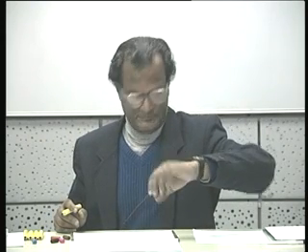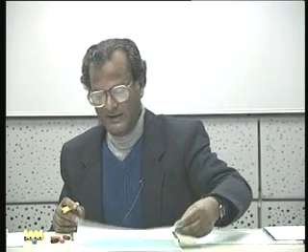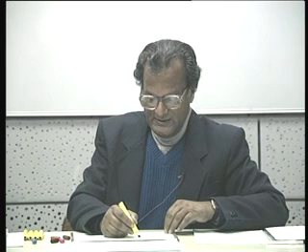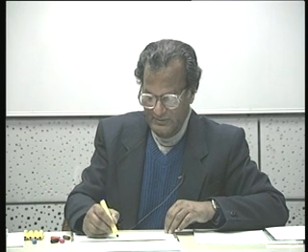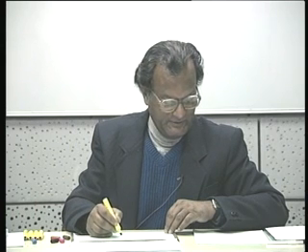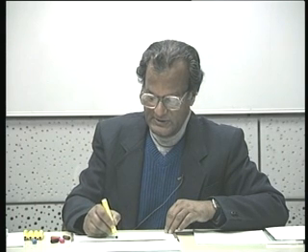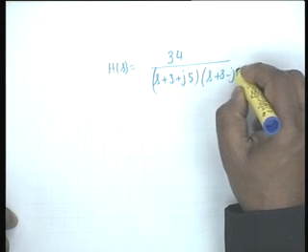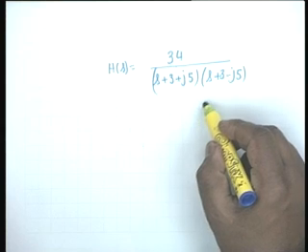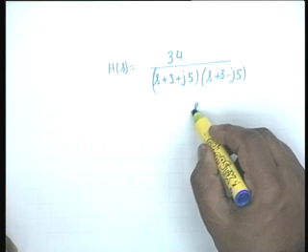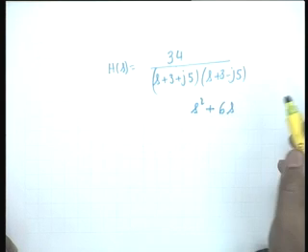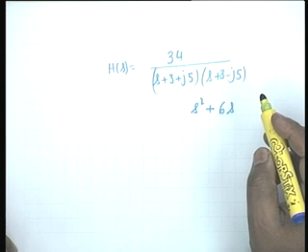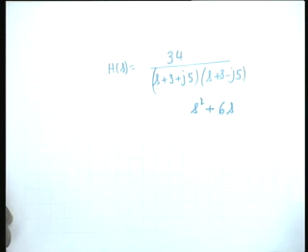Let us in the remaining period of time take an example to illustrate all these calculations. The example that we take is a single tuned circuit in which the transfer function is of the form 34 divided by s plus 3 plus j5, s plus 3 minus j5. Actually it is given as, can you tell me what the polynomial form would be? S squared plus 6s. It would be pi by 2 at omega is equal to omega m. No? So it will be.